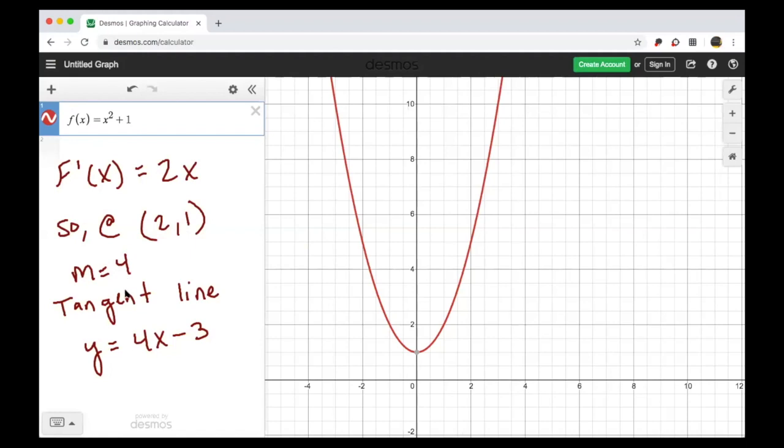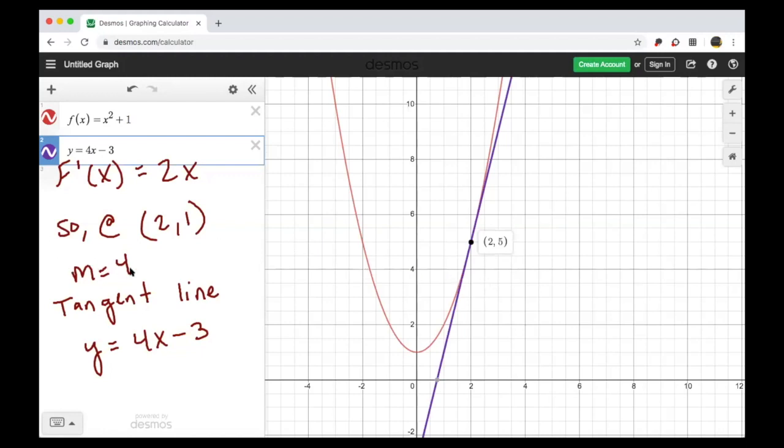And we figured out that the tangent line is y equals 4x minus 3. So if I leave up this graph of f of x equals x squared plus 1, and I add in y equals 4x minus 3, look what happens. We get a line perfectly tangent to the point 2 comma 5,